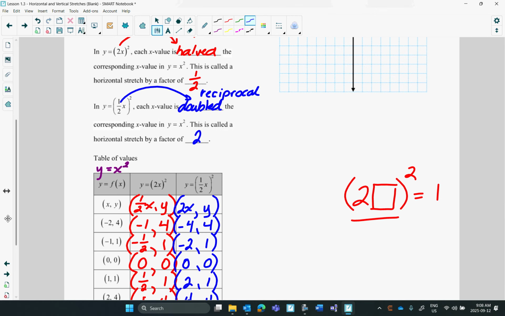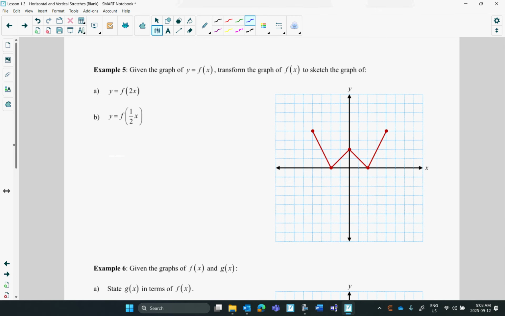Okay, let's do a couple of questions, a couple of examples. So we're back to this one, the W again. I don't know the specific equation, so I'm just calling that y equals f of x. Again, you can do it in your head and on the graph, or you can do it using mapping notation. So I'll do the same thing. So if we use mapping notation,